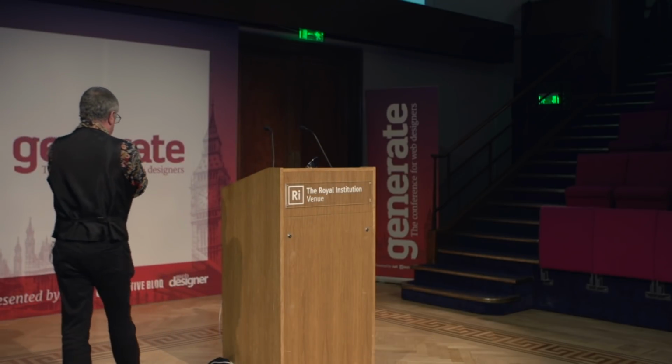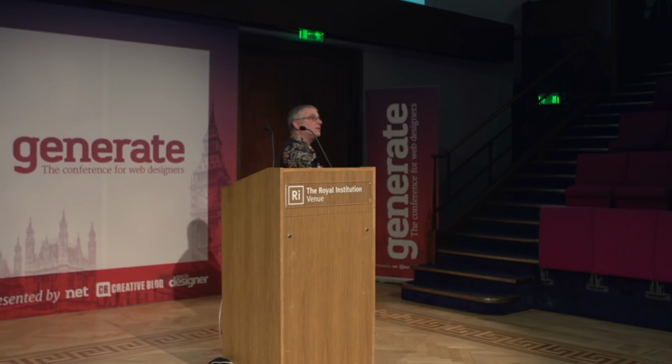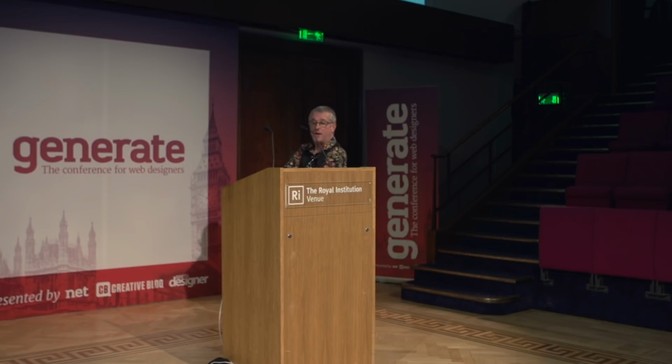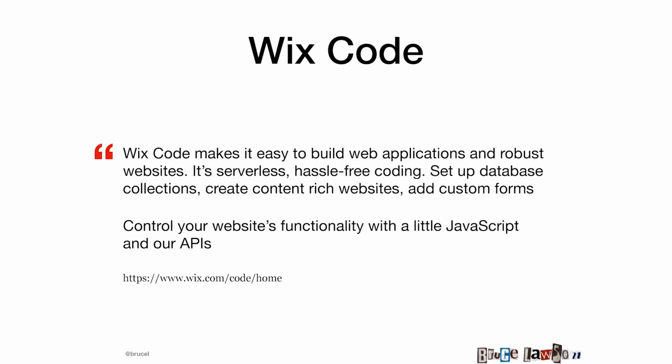You answer a few questions, you drag and drop some template stuff around, you give it your social media credentials, and it will go and drag content that you created elsewhere and make a website. That's great. Oh yeah, but we make complex websites. That's not being replaced. Oh yeah, but Wix Code, which came out last year,